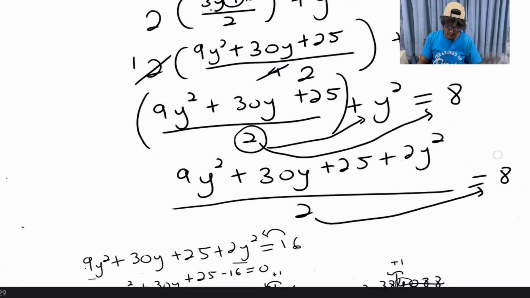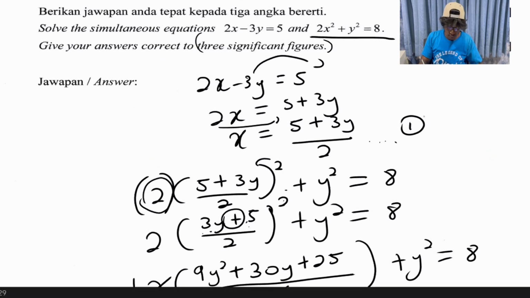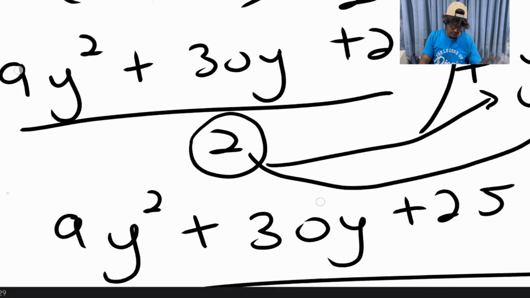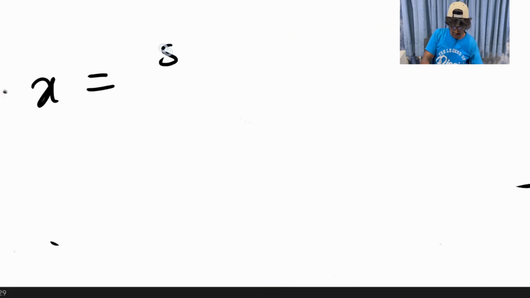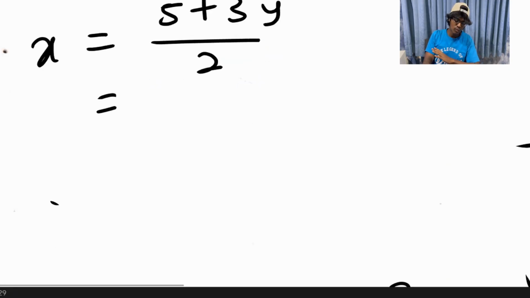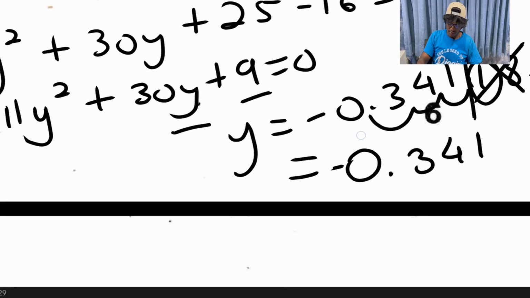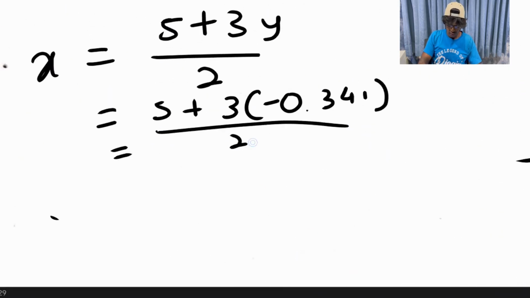And as for x, we can now finally go back to this equation. X equals 5 plus 3y over 2. Now, let's zoom in over here. X equals 5 plus 3y over 2. So we can substitute y. So 5 plus 3 times negative 0.341 over 2. So we put that in the calculator. You will be getting